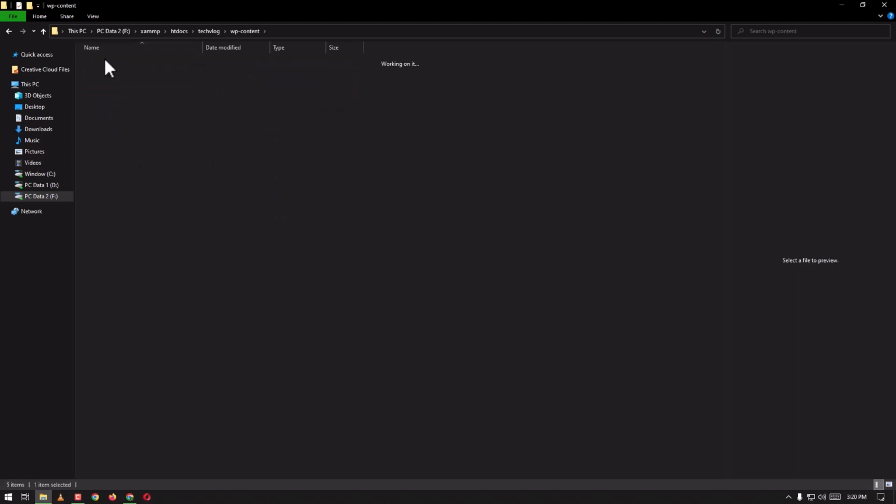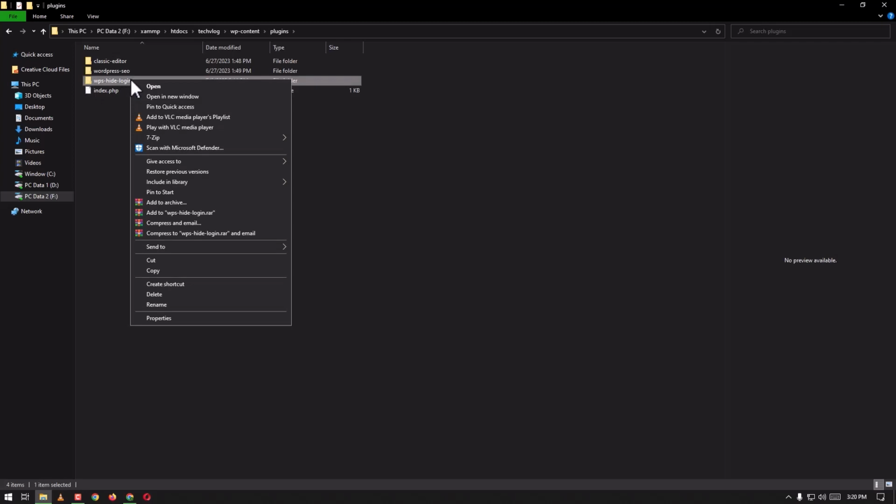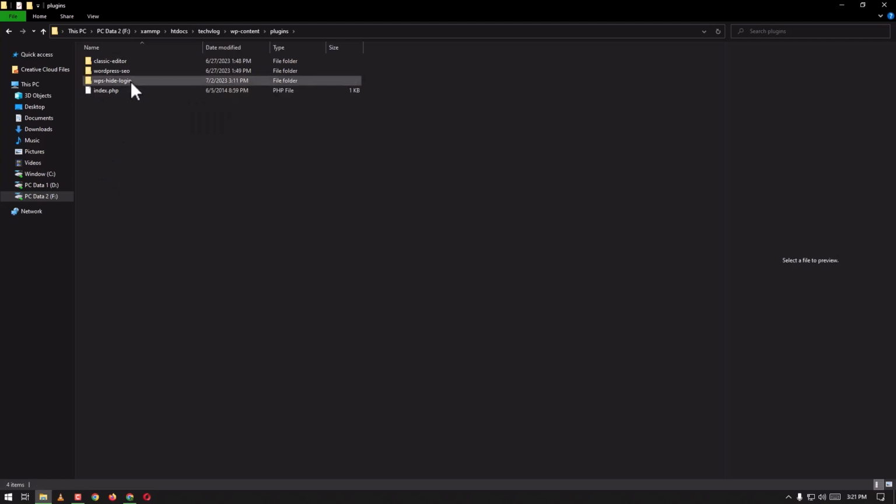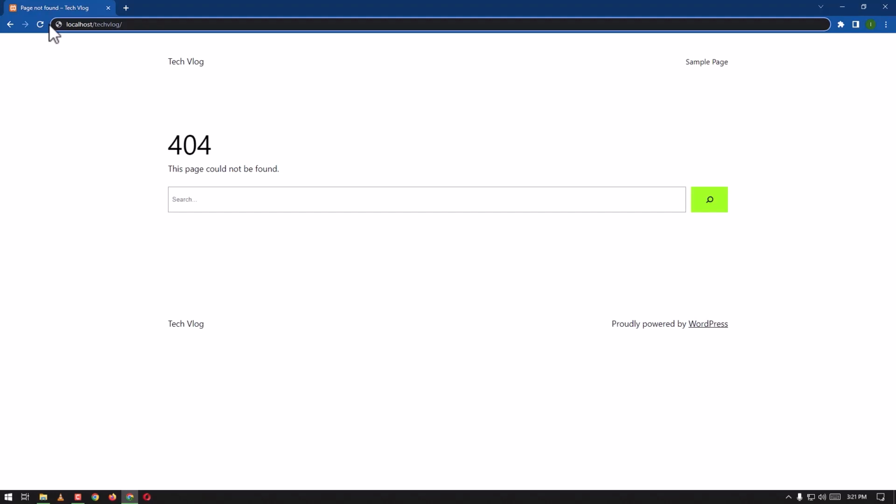Here we were securing our web with the WPS Hide Login plugin. Here we select it, and then we shall undo it. Now go to the URL, and here